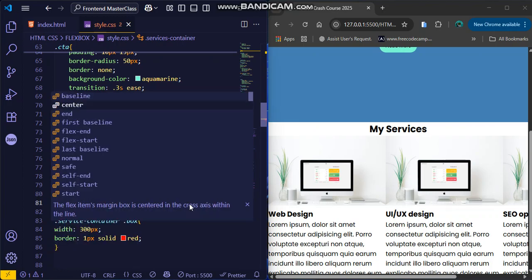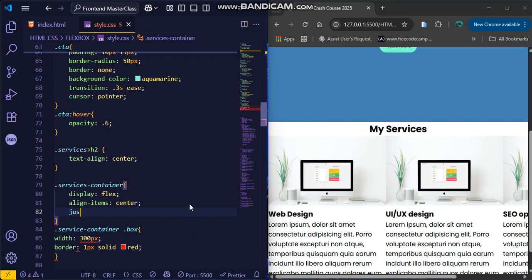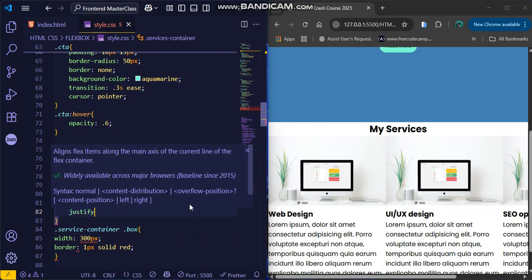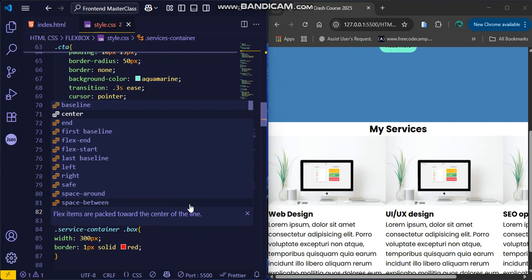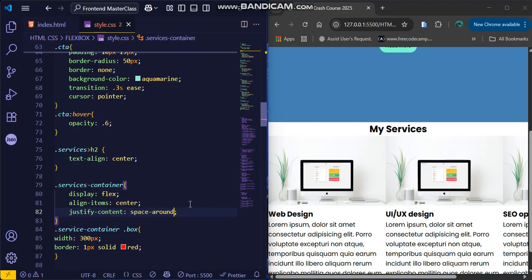Align items center, justify content space around. Okay,